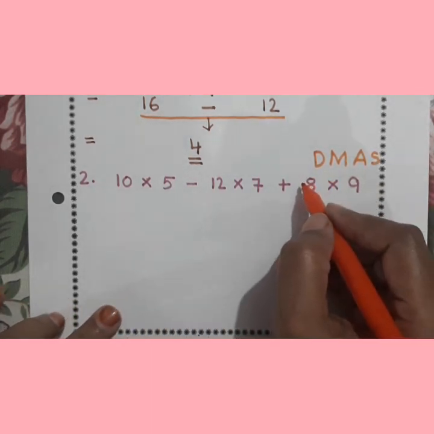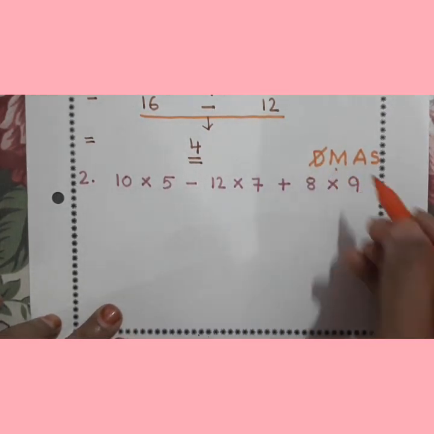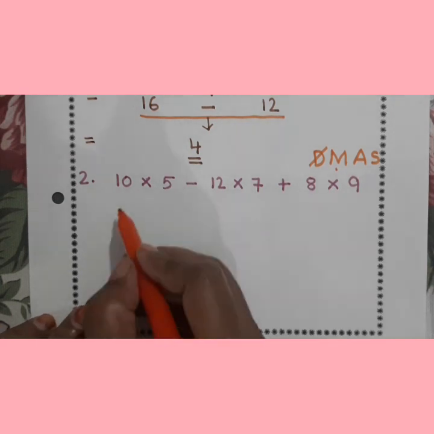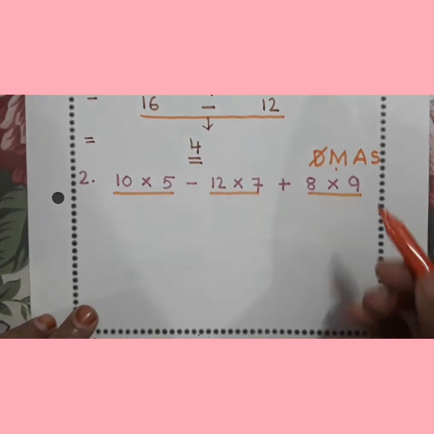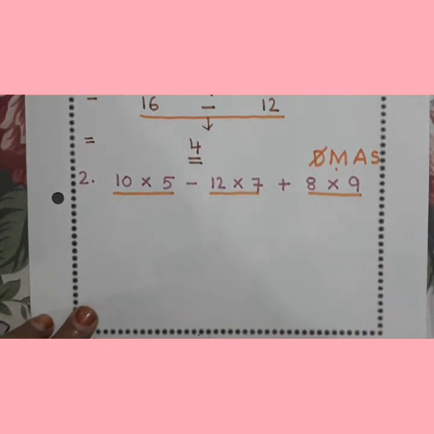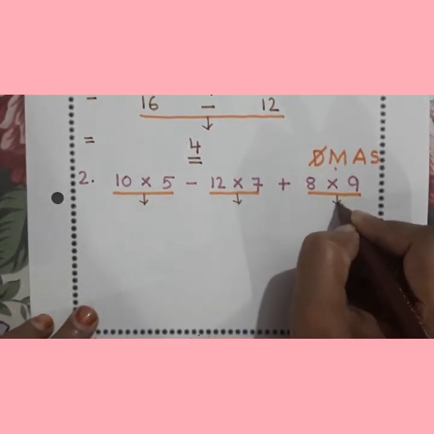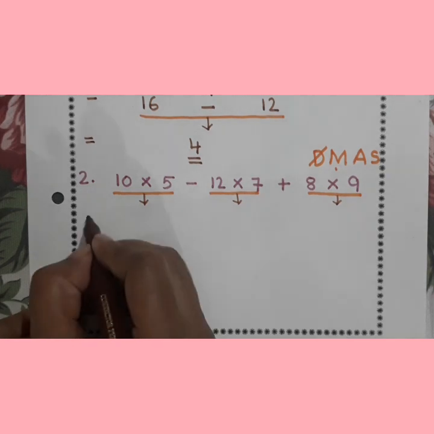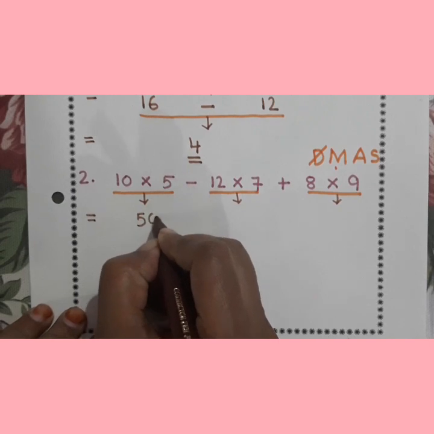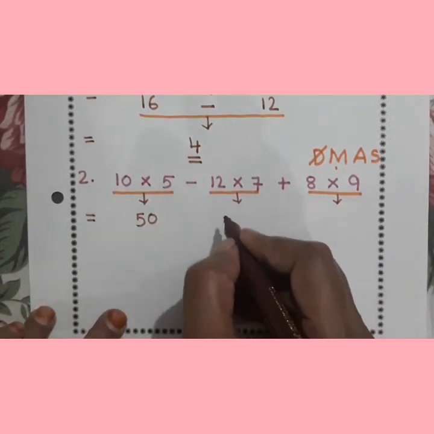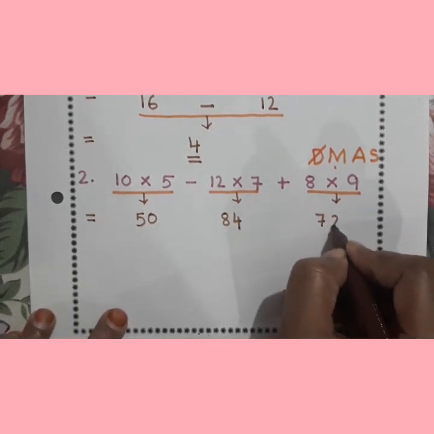Alright. And start checking. Do we have division here in the question? No. Strike it off. Do we have multiplication in the question? Yes. So first of all, underline the numbers that need to be multiplied. Alright. Then what do we do? We make an arrow, we multiply, and then we write down the answer. We write an equal to sign first. 10 fives are 50. 12 sevens are, come on, what is the answer? 84. 9 eights are 72.